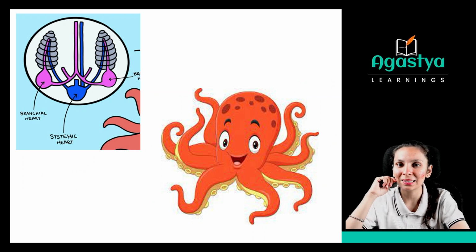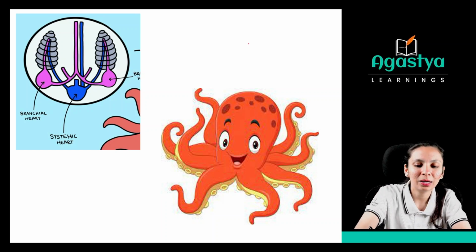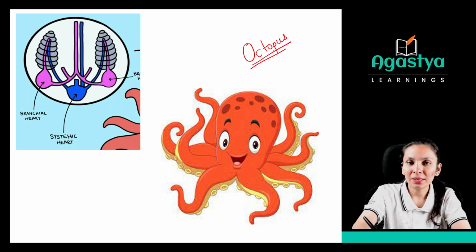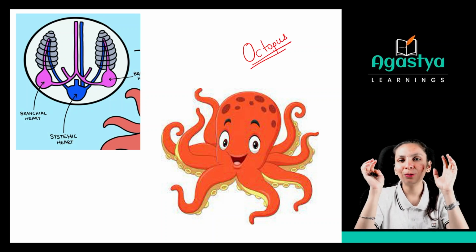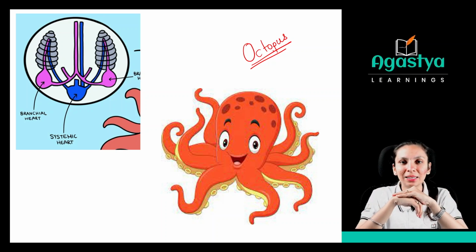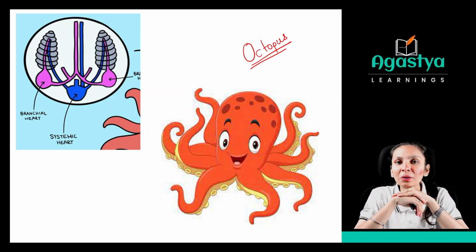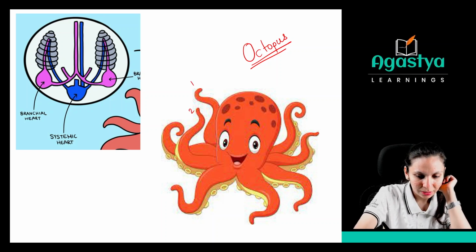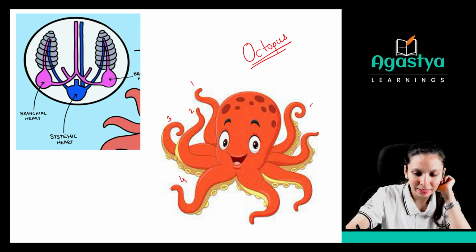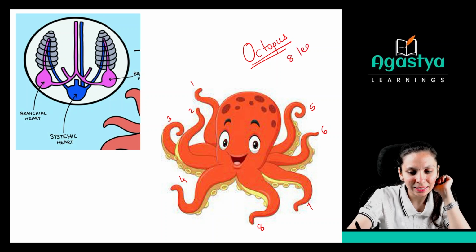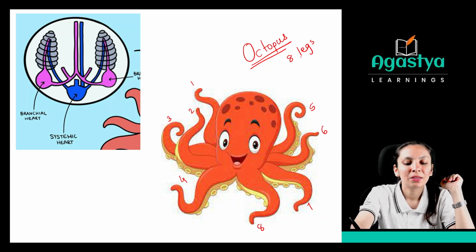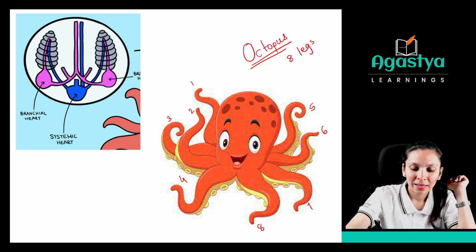Oh, what do you know about this? You know what kind of animal it is? Yes, you are right, it is an octopus. So from this picture, we are going to describe the structure of this animal, that is the octopus, right? What do you know about this octopus? See, how many legs does this octopus have? Yes, 8 legs are there. That's why the name has been given as octopus. Okay, now 8 legs are there, and can you see?